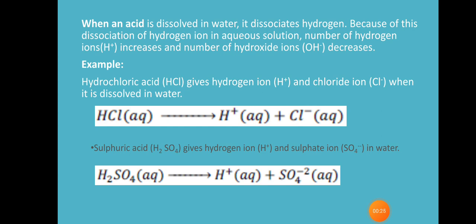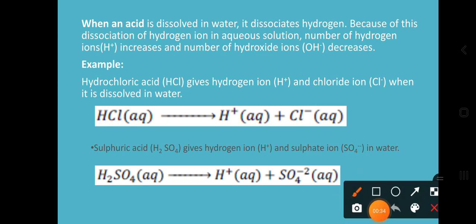Dear students, this is the basic concept. We always focus on this: when an acid is dissolved in water, it releases H+ ions. So what is the use of these H+ ions? Because this is acidic in nature. Let us understand what is used in the pH scale. Today's concept is the pH scale, but before going to it, let us understand once again the basic concept about the acid itself.